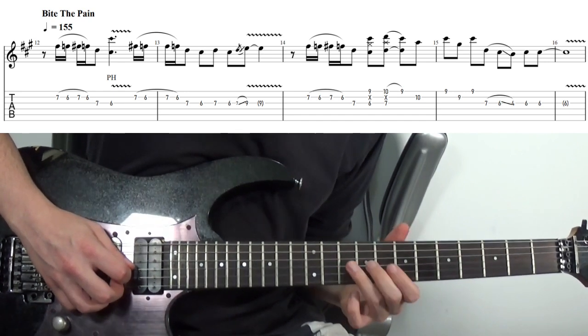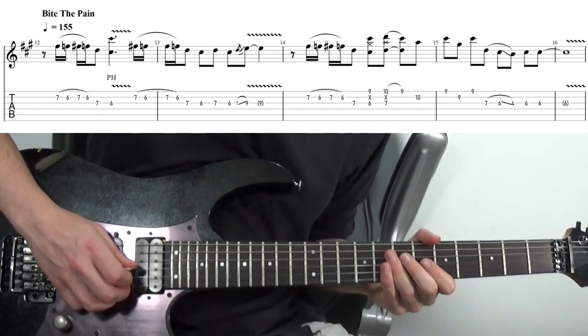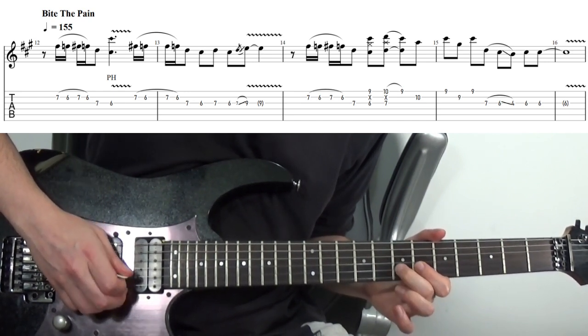So think of it as like a series of bends. You're kind of almost wanting that note to sound such an aggressive vibrato on it. Now the same idea as bar 1, where we're picking this note, trilling, so pull off, hammer on, pull off,